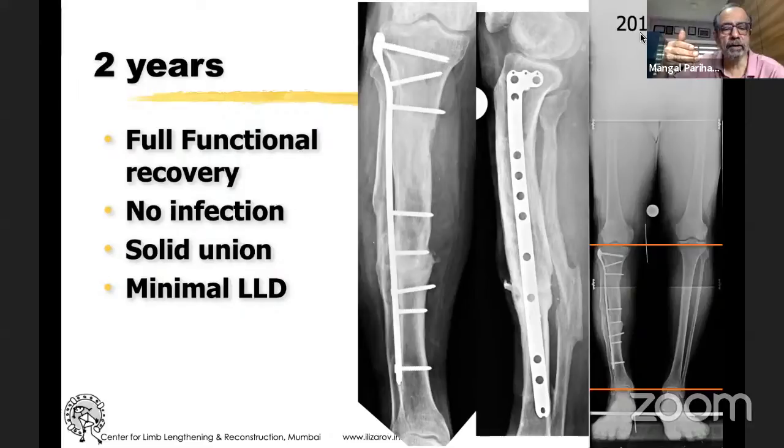You have to keep an eye on that. You can't just keep compressing. With the Elizarov, the wires will arc and you will get uniform compression. With the LRS, you will not get uniform compression, and you will tend to sort of tilt that fragment a little bit. So that's something to be absolutely careful about. But otherwise, I think I agree with everything that y'all have said, that